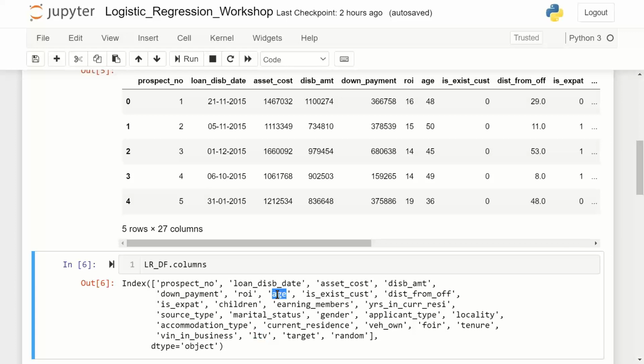Aniruddha, age. What would be your hypothesis on demographics? Assume three age segments: youth, middle aged, old age. I would say that the higher the age, the higher the chances of defaulting, because the number of years in which they have to pay back the loan will reduce with age. So people who take a home loan at a higher age are more likely to default because